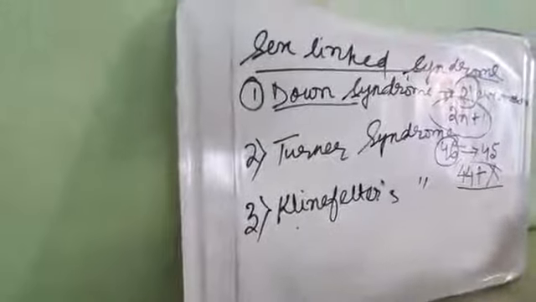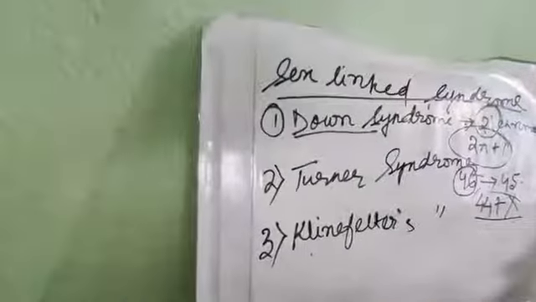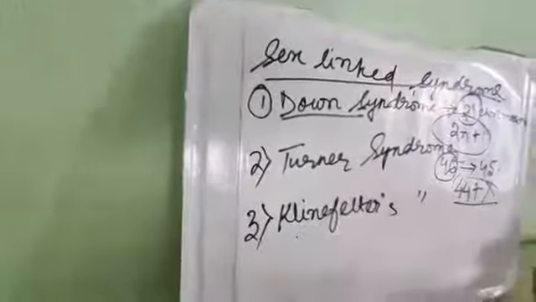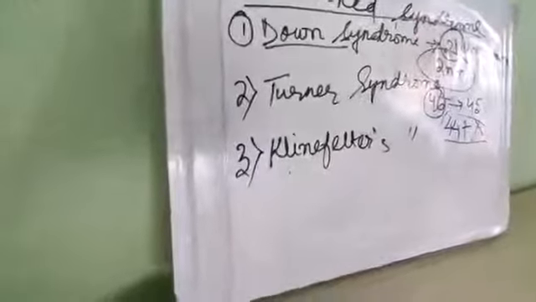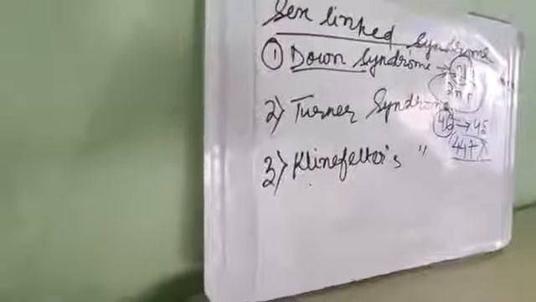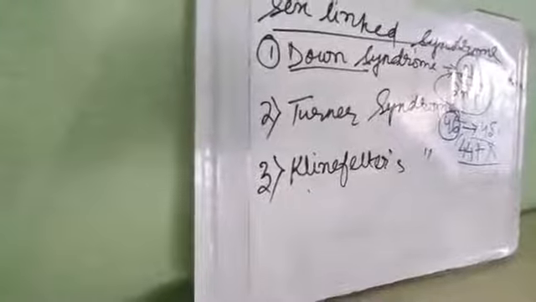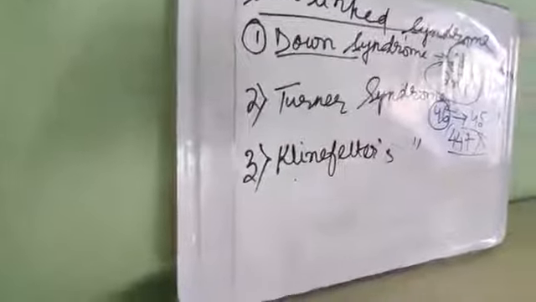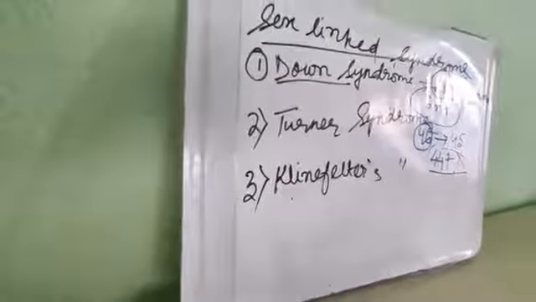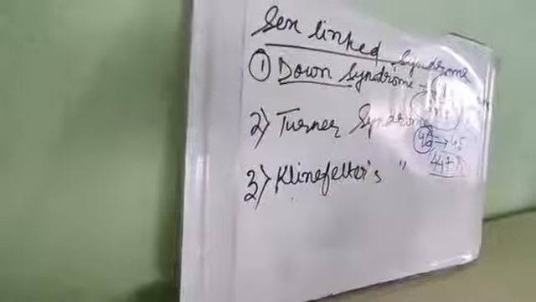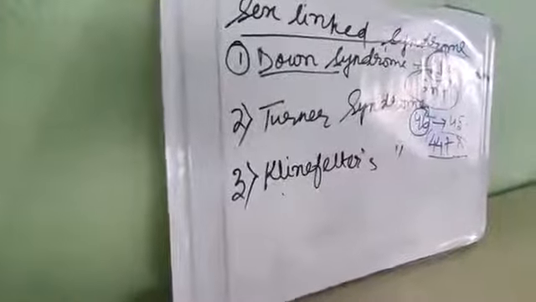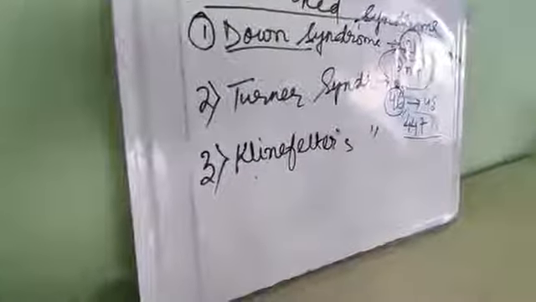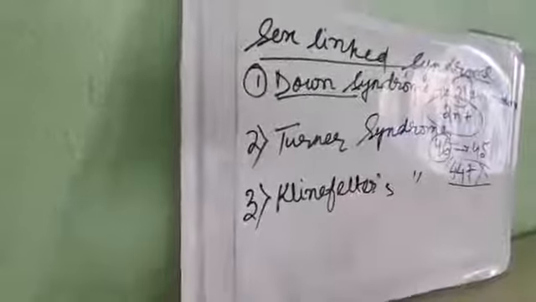Okay, now what will be the symptoms? The external genitalia is like female, but the uterus is small and the ovary is fibrous. Short stature, webbed neck, low-set ears, abnormal eyes, broad chest with widely placed nipples and underdeveloped breasts, abnormal jaw formation. These are the symptoms of Turner syndrome. Now we will move on to Klinefelter syndrome. So the next topic is Klinefelter syndrome.